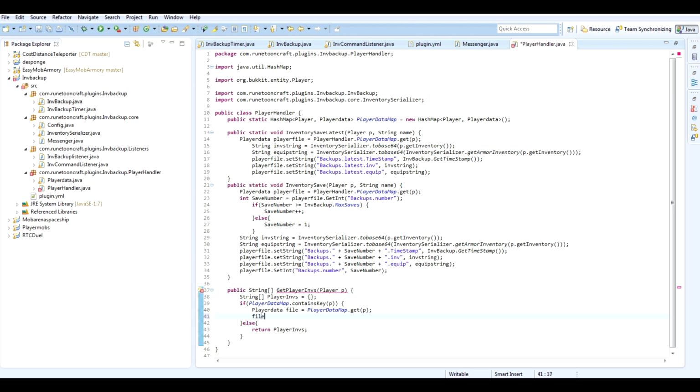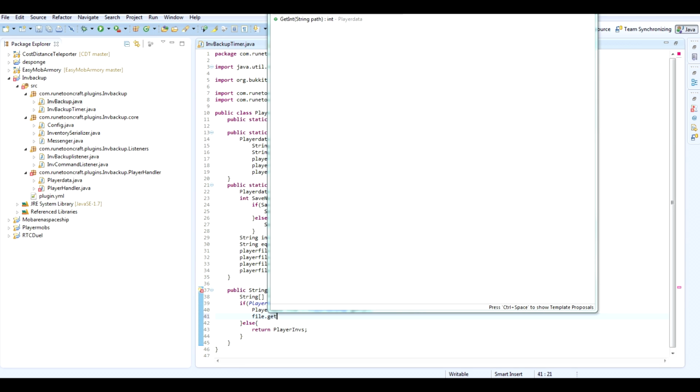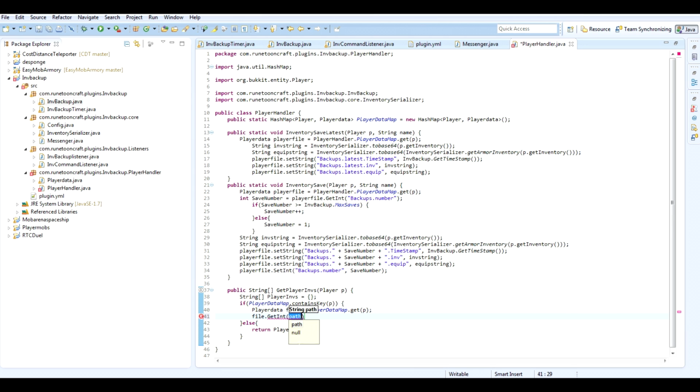Then we want to do file.getInteger backups.number. So int saveNumber equals file.getInt backups.number, and then